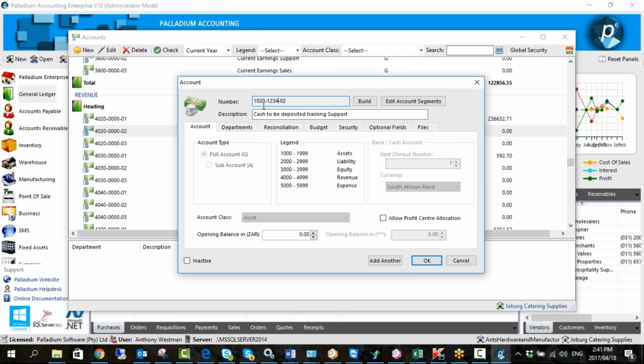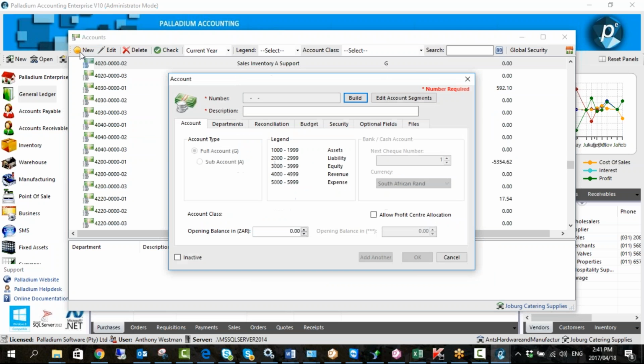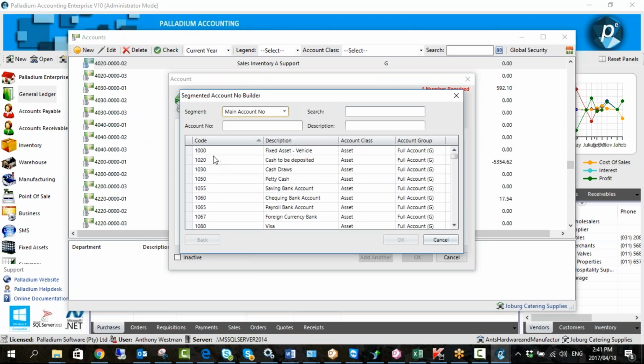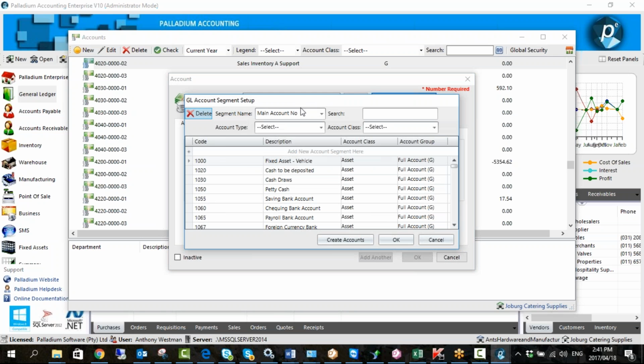But if there's a new segment that isn't already pre-existing on the system, in that case, I don't want to create this account, so I'm just closing that, and I'm going to create new again. So in that scenario, if there's an account number here that doesn't exist that you want to use, like for instance, there isn't 1010, so you can't use it because it doesn't exist yet. So you'd come to here rather, add edit account segments. You'll simply type it in,